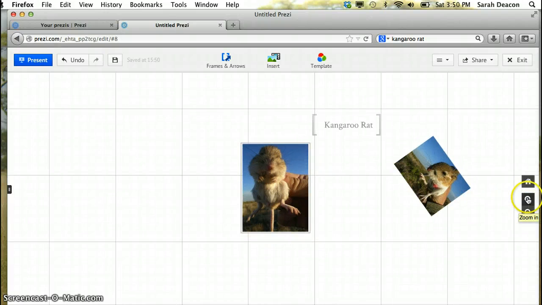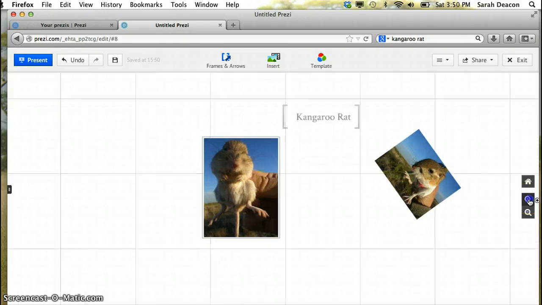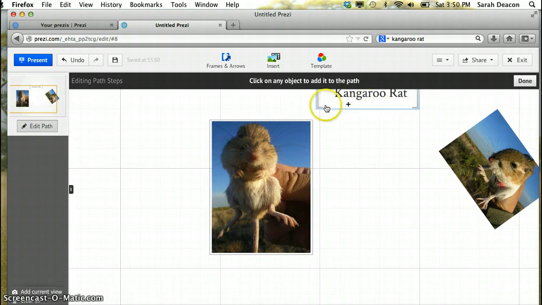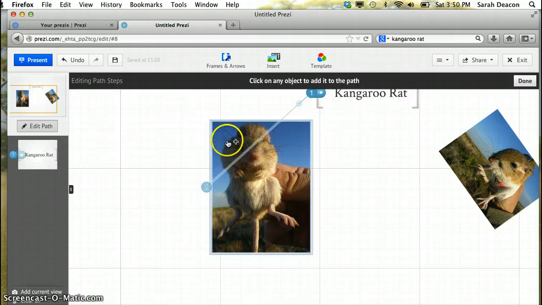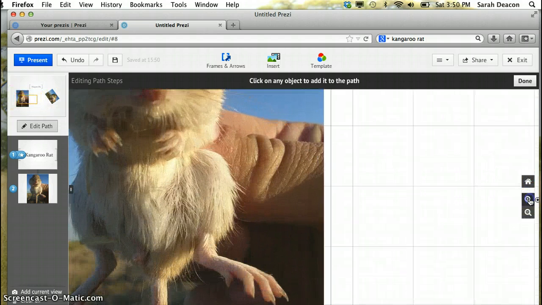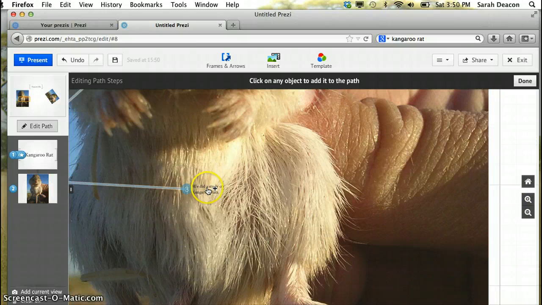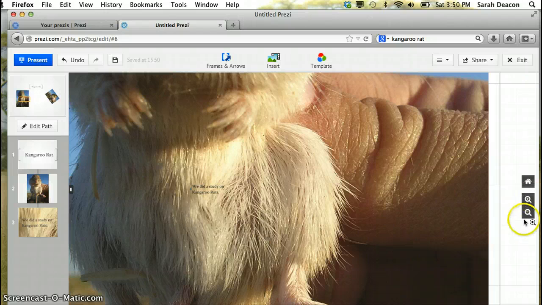So what I recommend doing is as soon as you get that text and you kind of know the order of your presentation, to go ahead and add it to the path. So I'm going to edit the path and I'm going to start here, and then we'll go to the big picture, and now I want from the big picture for this to zoom in on the small text. Well, if I try clicking, it doesn't recognize the text because it's so small. So what I have to do is I need to really zoom in, and you can start to see the text, and once I can see it clearly, it'll add it to the path. And then I'll click done,